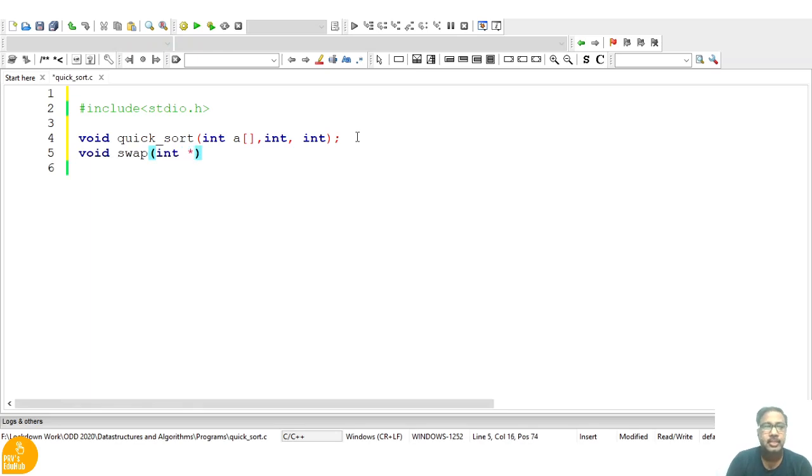Next, we require a function called partition, which will take the array, high and low. So these are the three functions that are required, and void main.